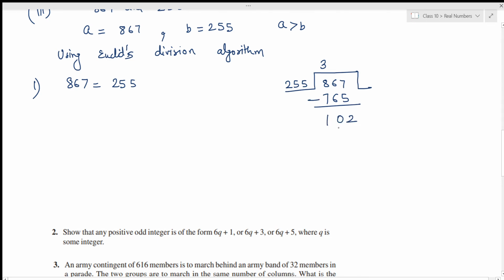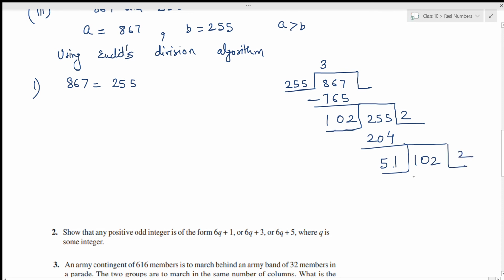Now I'll continue divide so that you know how to do it. So let's do 255. Now this remainder has become the divisor and the divisor has become the dividend. Now we are applying the lemma on the remainder and the divisor. So let's do the division by 2. It will go 2 2s are 4, 0, 2 and the remainder comes out to be 51. Now again I'll apply the division lemma on 51 and 102.